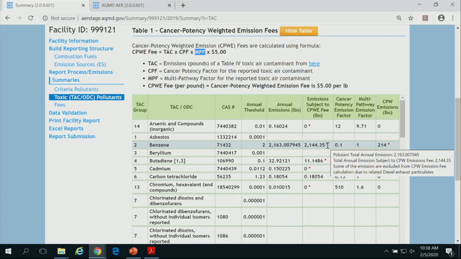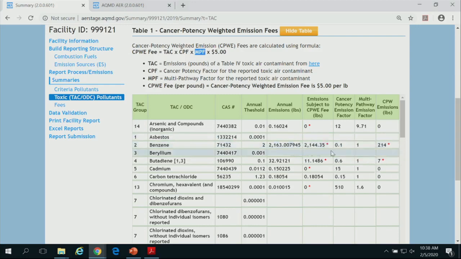So if you get charged for that toxic, remember, I actually had a couple diesel engines. If you have no diesel engine in your facility, these two numbers are going to match. But who doesn't have an emergency generator that runs on diesel? Everybody has them. If you have a good size operation, you have it, or you have a fire pump somewhere. So that's where the discrepancy is coming from.